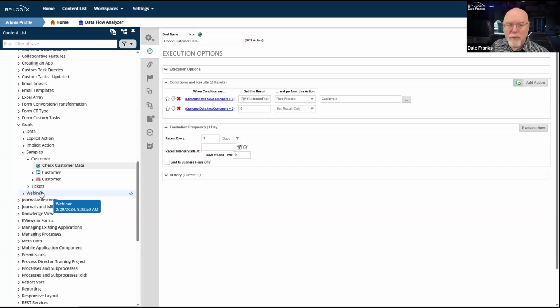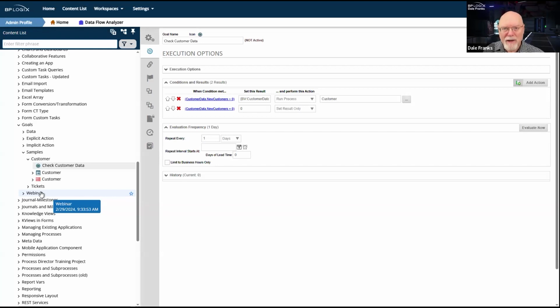You could actually pull out that data from a business value. You could take that data, insert it into a form that contained an array. And then from that form, you could kick off the run process custom task. And that run process custom task has the ability to bind to an array and then to run a process for each row in that array. So you could do it, but there were a lot of hoops that you would have to jump through to make that happen.